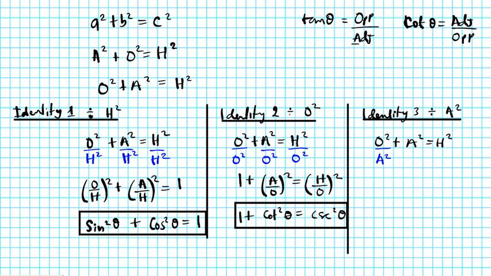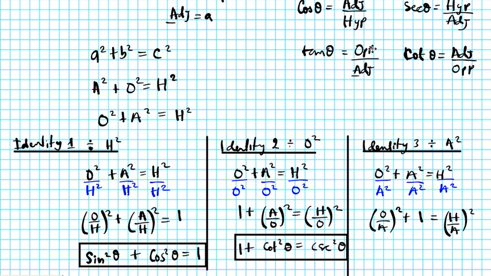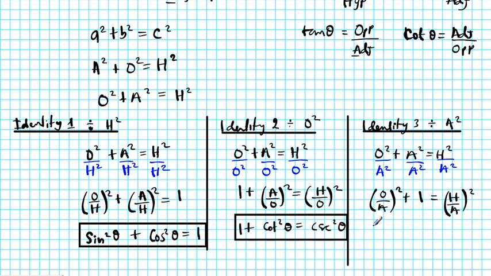A squared, and A squared. Okay, so what does that become? That becomes O over A squared, plus A squared over A squared, which is just 1 because they're the same, equals H over A squared. Now, what is O over A? Remember in TOA, SOHCAHTOA, O over A is tan. So I can replace O over A squared with tan squared theta. So I'm going to have tan squared theta